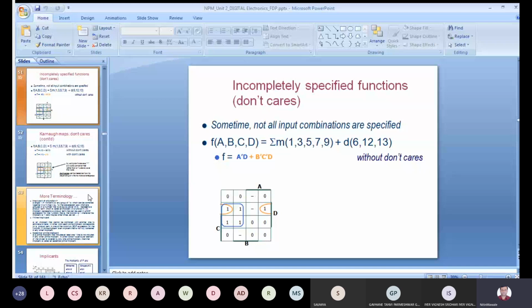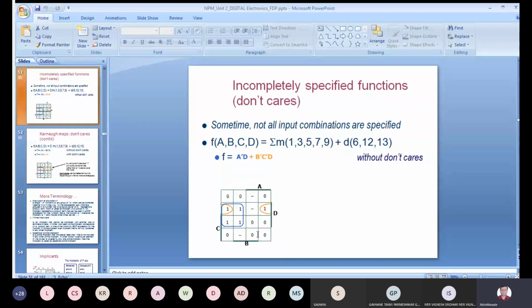In a digital system, I am having either 0 or 1, so in this don't care condition all the cases are not given, that is, incompletely specified functions. Suppose I consider the BCD number system, binary coded decimal. With 4 variables, 0 to 9 numbers are valid, but numbers from 10 to 15 are not valid BCD numbers. For those we consider the don't care sign, that is the cross sign. Here in this problem, instead of a cross sign, we have considered a dash.